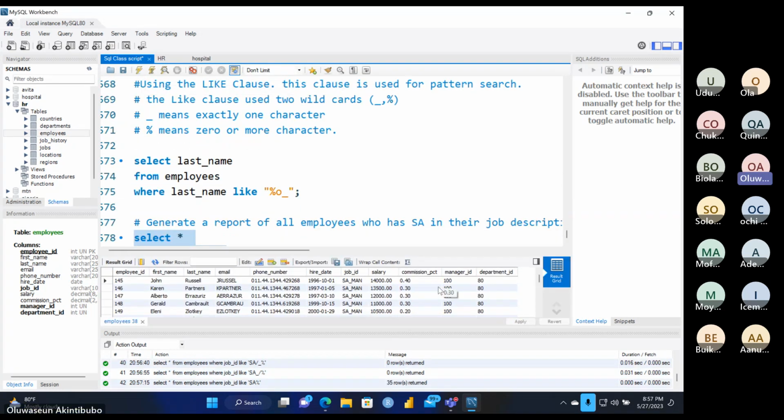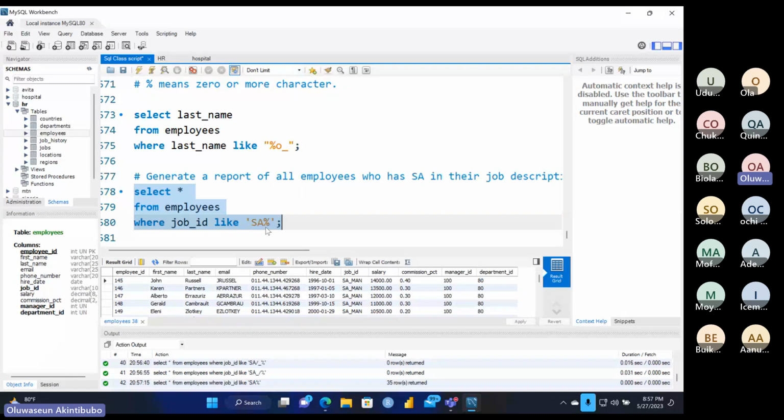All right, good. So if you look at it, what I have now is that I'm saying SA underscore, 0 or more characters after SA. Look at the job ID. Can you see? I said what? Generate a report of all employees who have SA in their job description. Look at it. All of them have SA manager, then SA rep, and so on and so forth, right? So that is how